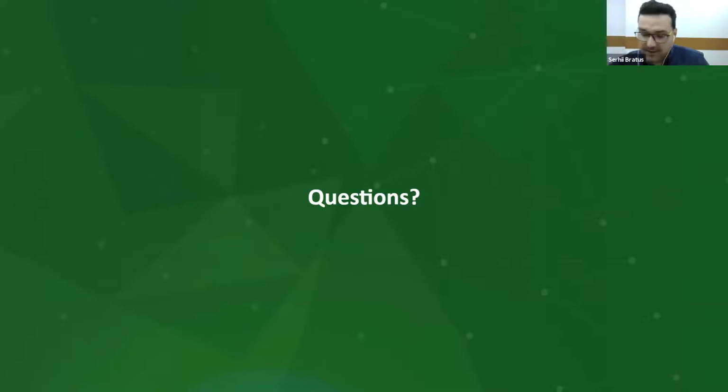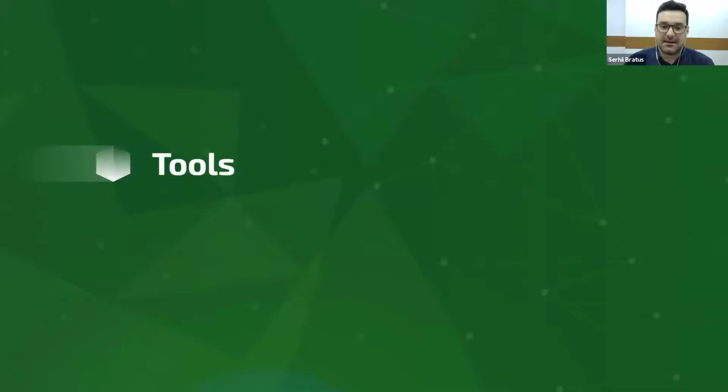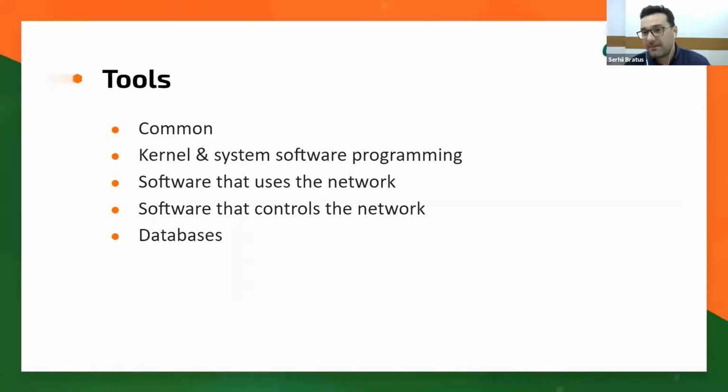All right. Let's discuss tools that are used and may be useful for you when you're profiling and benchmarking. There are a lot of them, and I made a little list, separating them by the actual application.